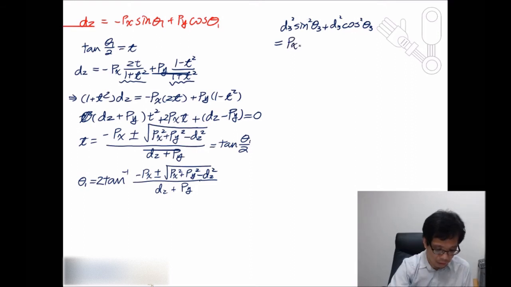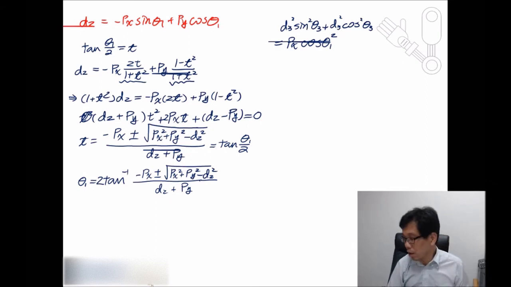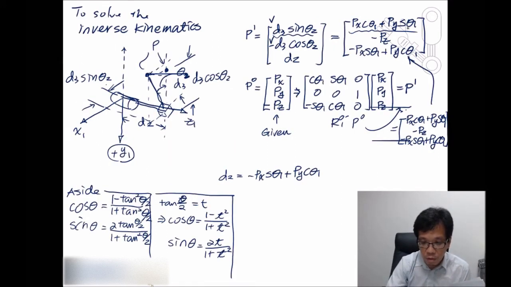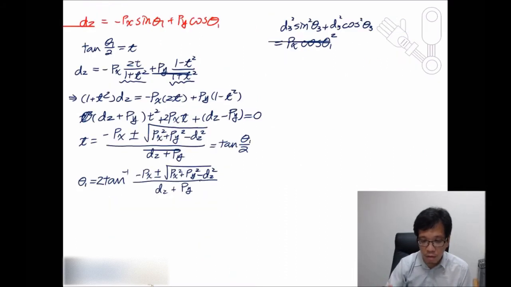px cosine theta 1 square, this square plus this square. So, sorry, I shouldn't have square over here. Let me erase this line, it looks a little bit weird. So